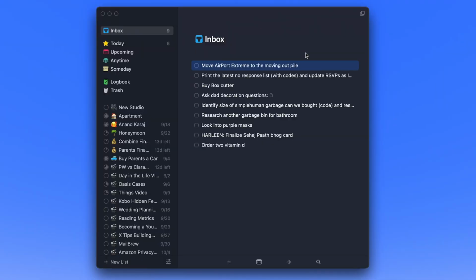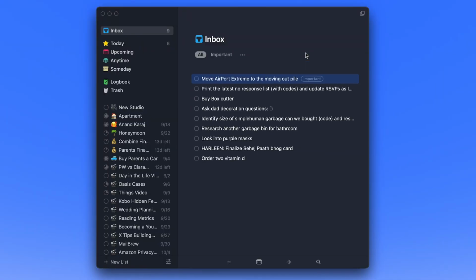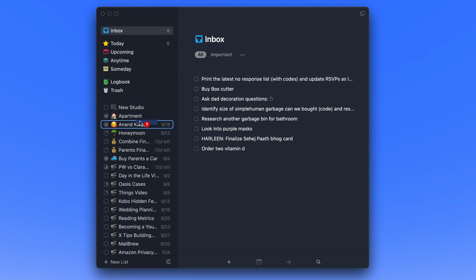And everything in my system is important. There's not a task that I have that's not important, but there are some certain things that are urgent. And I chose that word specifically because urgent is not a priority. It just means it has to get done urgently. Everything in life is high priority, but some things are urgently a priority as well. So this particular item is not urgent, but it is important. So I'm going to tag this with Control-2 for the keyboard shortcut, which I set up. And this is important. And now I'm going to drag this into the apartment project. This is now in the right bucket.